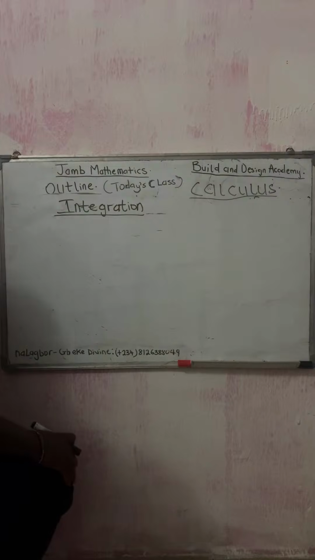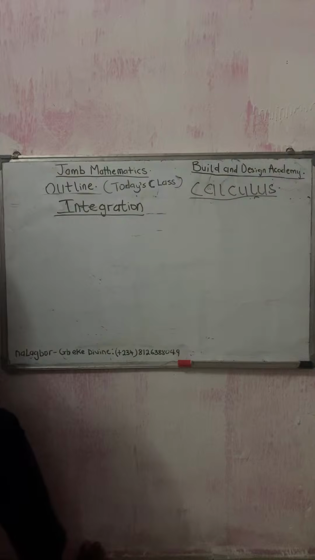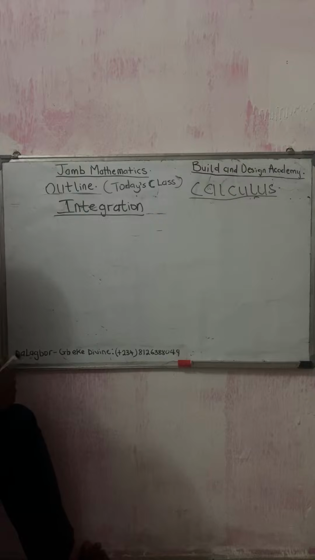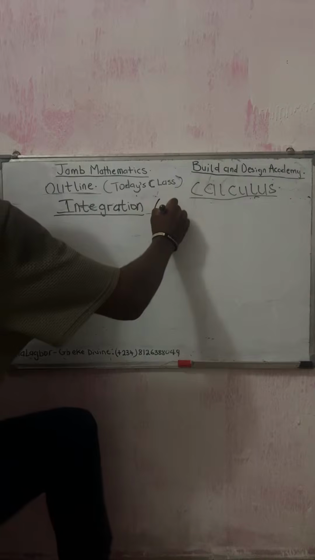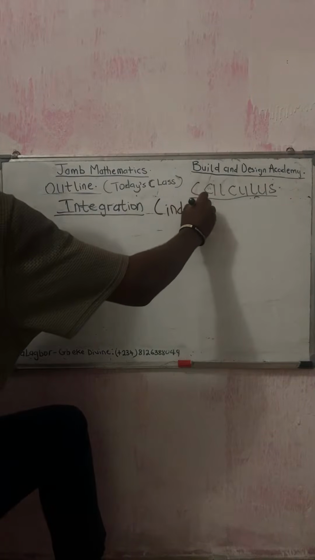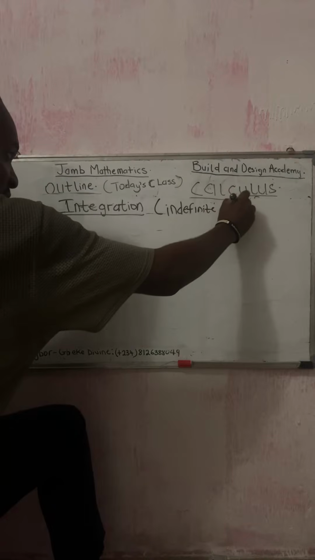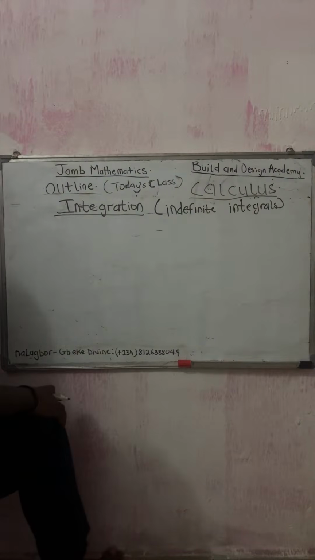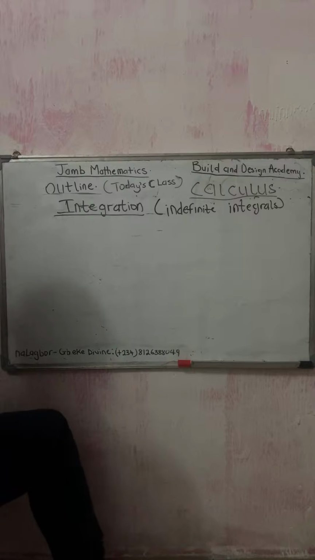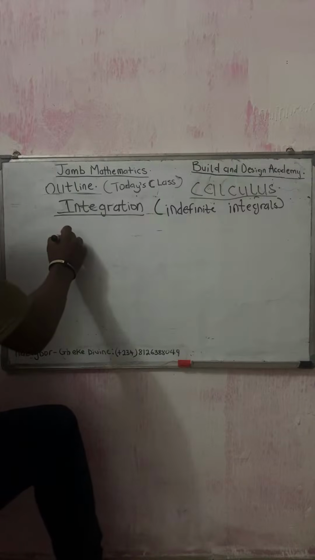For now, we'll focus on just one part of integration, the indefinite integral, where we always have a constant c, because the derivative of any constant is 0. So we must have a constant c at the ending, because normally if we differentiate this, let's say